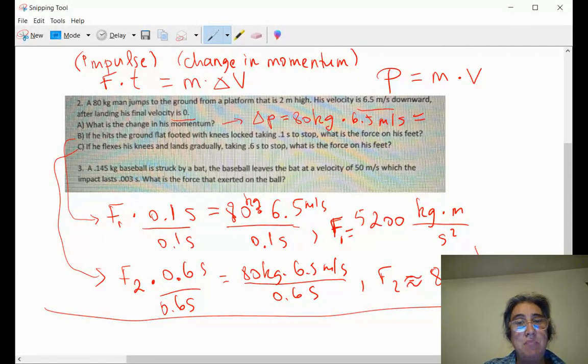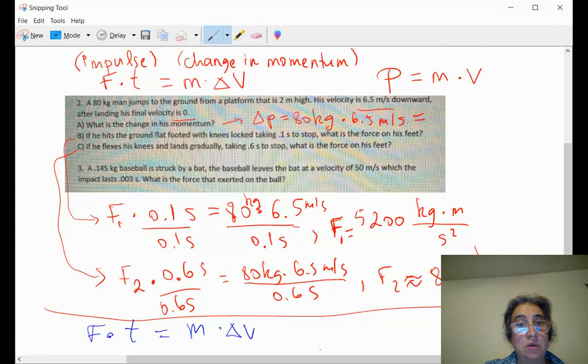The impact yields to a final velocity of 0, and the impact lasts for 0.03 seconds, so that would be the time. So when we set up the formula, it would be the force of the bat times the time, which in my case can be 0.003, is equal to the mass of the baseball times the difference in the